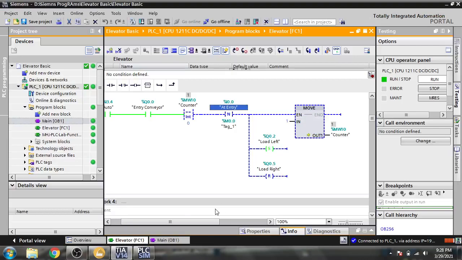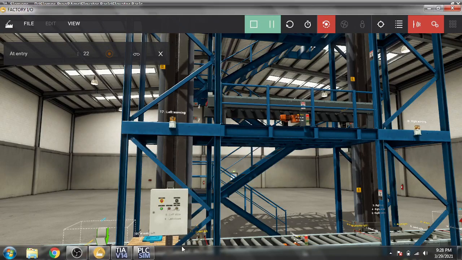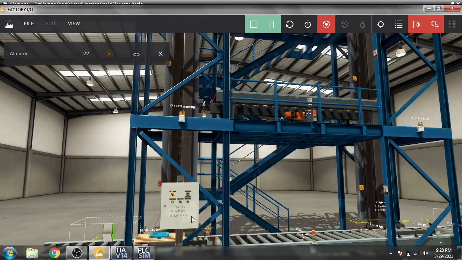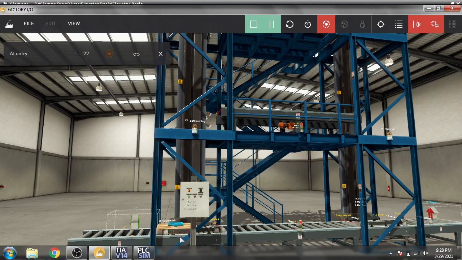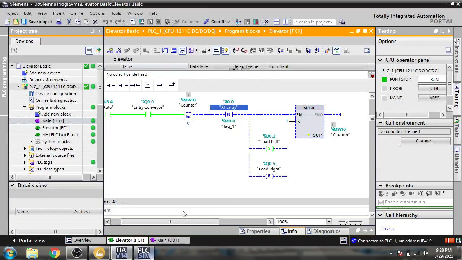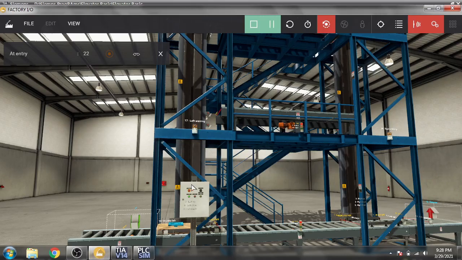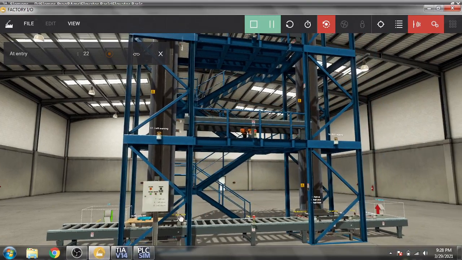Then it will set load left. Load left means loading that conveyor. Loading that conveyor is set, and reset load right means it will reset and move one to our counter. The counter is used for counting our turns in every different thing.